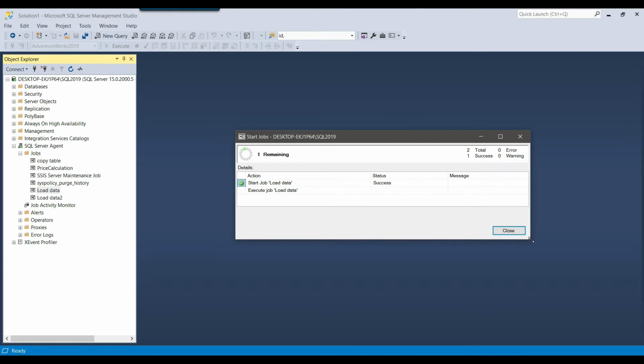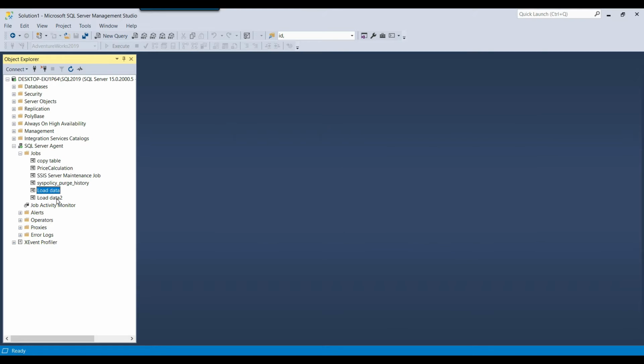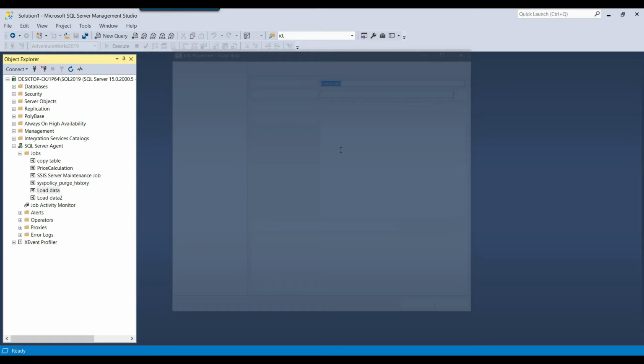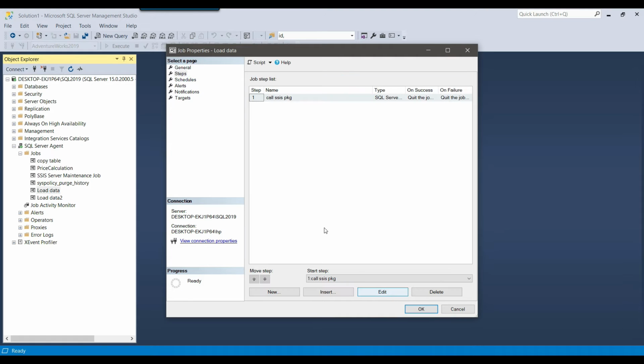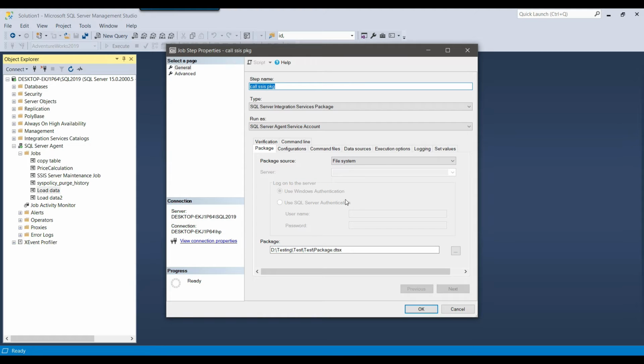So let me execute one of the SQL Agent jobs and see how it behaves. I started the first job. It seems like the job failed here. There is one important thing: let me go to the properties of this SQL Agent job, go to the steps, and click on edit. It will show me where the SSIS package is stored. Right now the package source is file system. This is one of the most important things: if the package source is the file system, then in those scenarios you can see the complete error message from the SQL Agent job history itself.